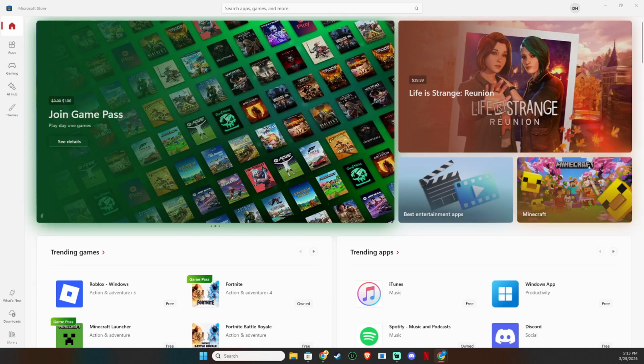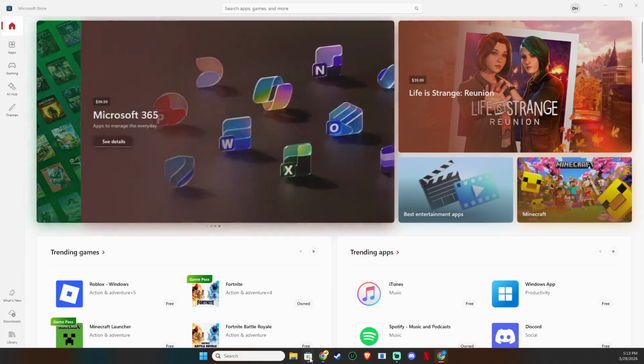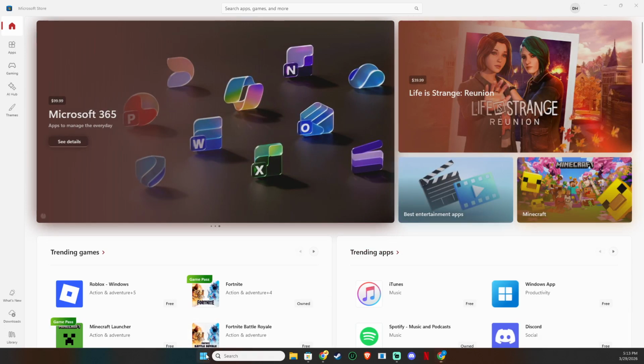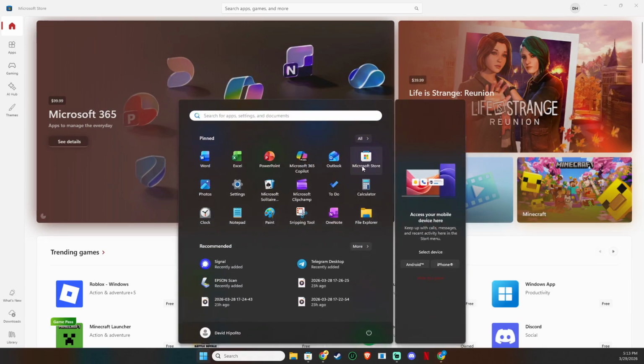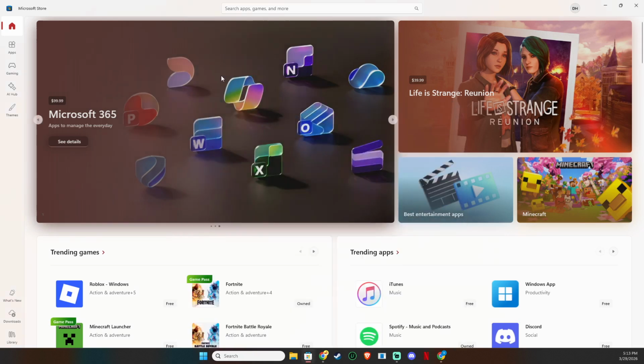Start by opening the Microsoft Store on your Windows computer. You can usually find it pinned to your taskbar, or you can click the Start button and start typing Microsoft Store to bring it up in search, then open it from there. Make sure you're connected to the internet before you begin, since the store needs an active connection to load apps